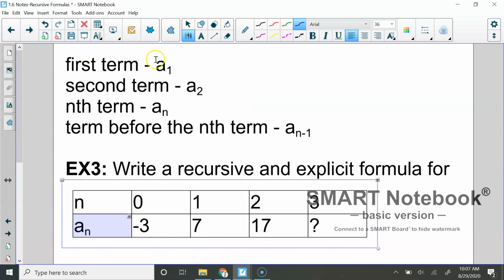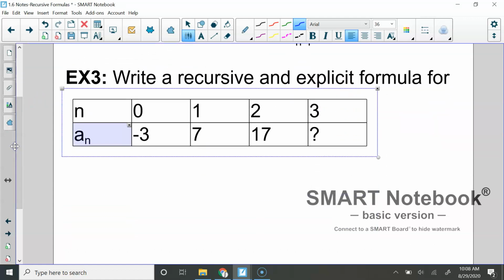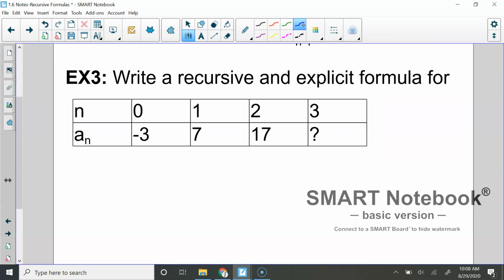Okay. First of all, I've just sort of shown you here, if you have a sub 1, that means the first term. If you have a sub 2, second term. A sub n is the nth term in that sequence. And then the term before the nth term would be a sub n minus 1. So if we're given this table right here, and we're asked to write a recursive and explicit formulas for this particular table,